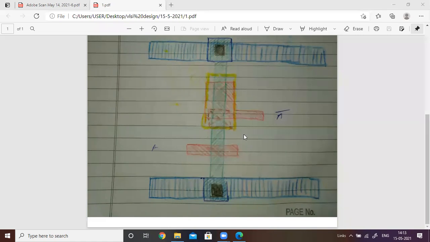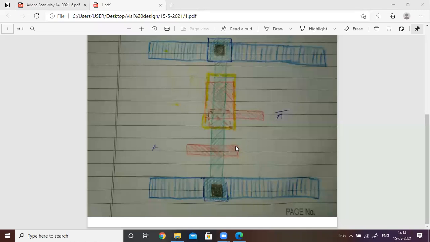Then to form a transistor, let's go for drawing the depletion and enhancement mode transistor now. How to draw the enhancement mode transistor here? Take a red color and draw a layer like this. And remember, this point must cross here. The minimum is 2 lambda here. This must cross, it cannot be less than 2 lambda. It must be 2 lambda.